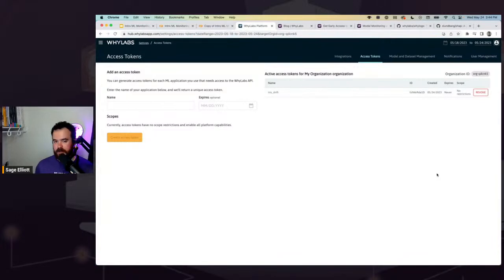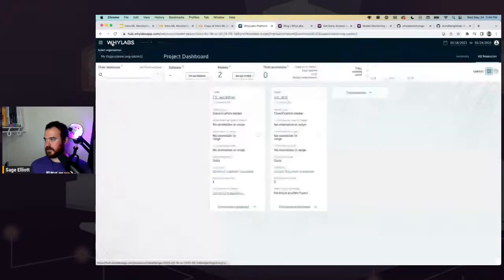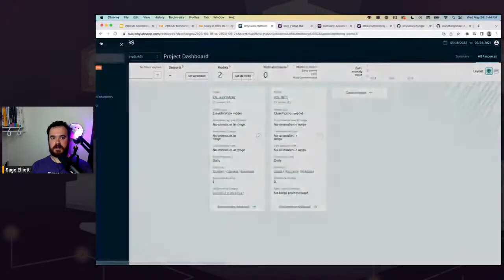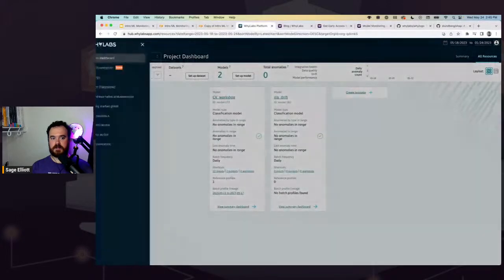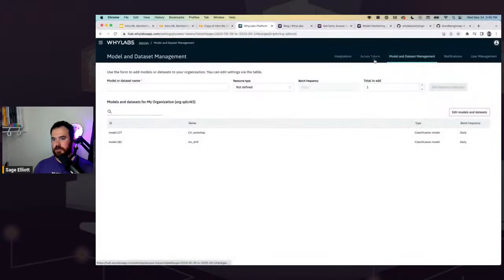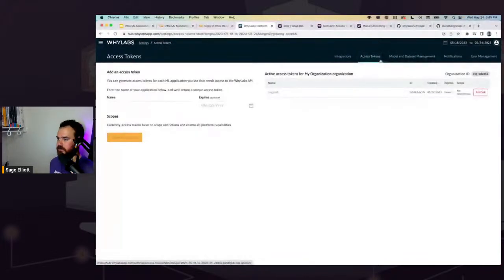Someone said, where in YLabs is this? Hopefully I just showed you, but let me know if you want me to cover how to get there again real quick. So once you create your account here, the easiest way that I like to get there is just hit create resource and it brings me directly to that page. But no matter where you are, you can always go to settings in this little hamburger menu here, go to settings and then go to access tokens or that model management. And you can switch between those two tabs to get those values that we just got.